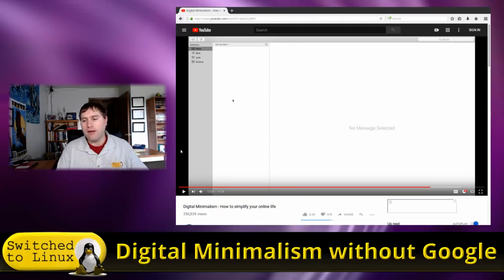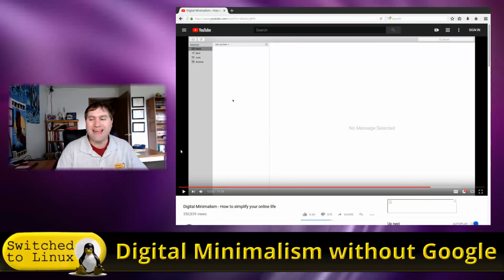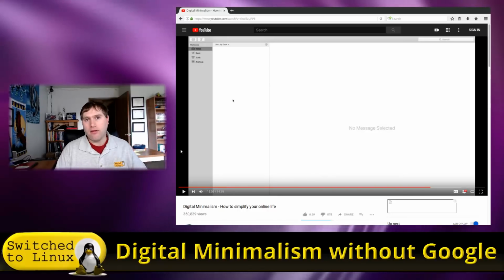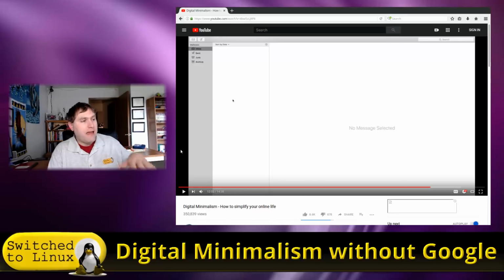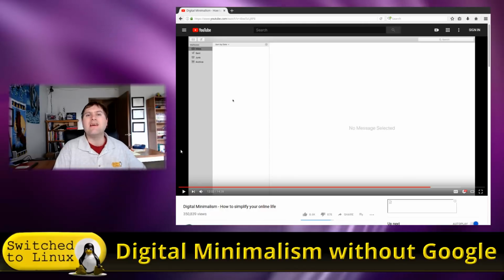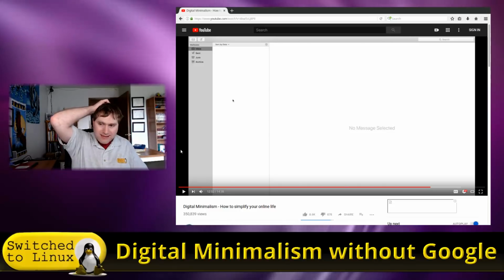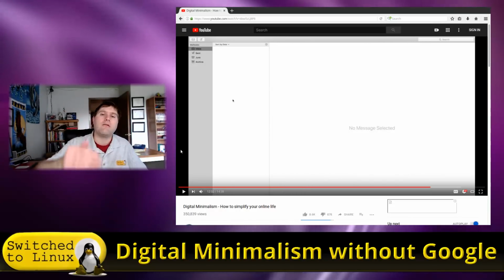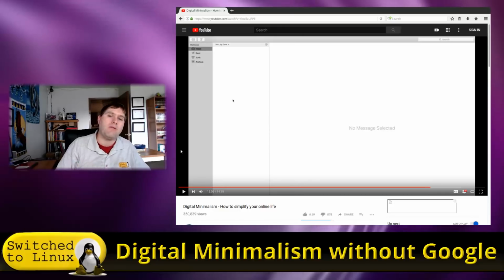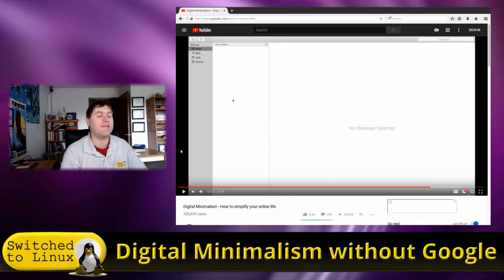Inbox zero is something I personally don't practice. Inbox zero is when you always shoot to have your inbox at nothing. I don't do this because for me, saving all of those archives of email, and by the way, his emails are saved. He just moves them from his inbox into his archive where you can find and search them. So it's kind of the same thing, but the archive then becomes a hot and happy mess as well. I go through and I delete any completely unimportant emails. I clear out all of the emails in my system after about 6 months to a year's time. I'll delete everything in the archive. I don't need archives going back that long in most instances.